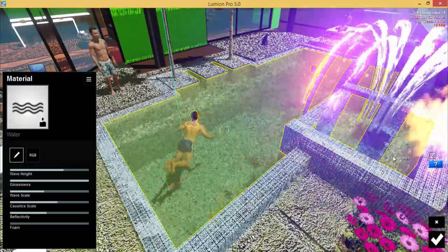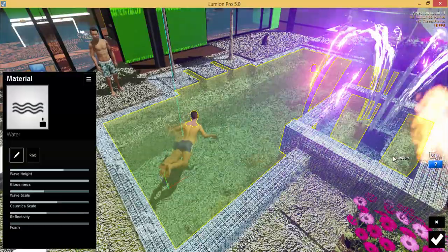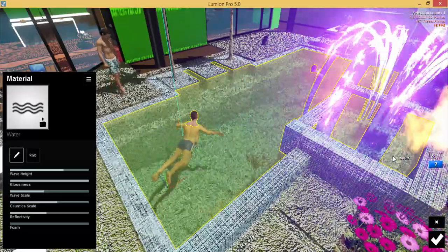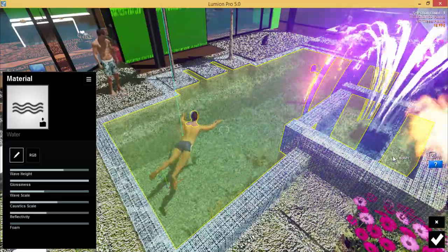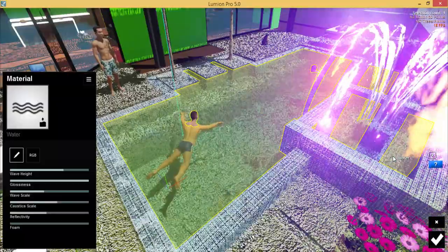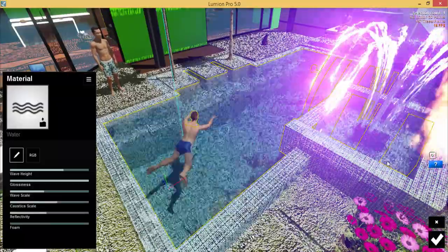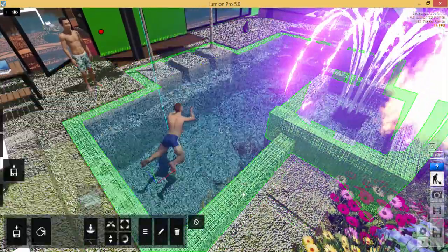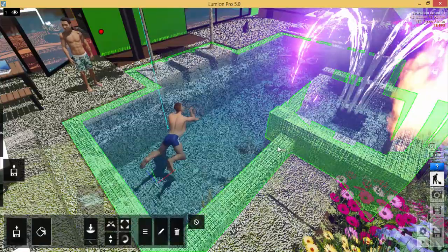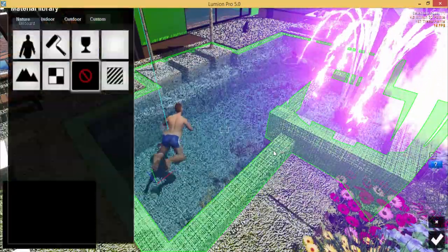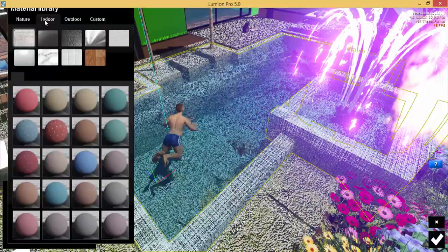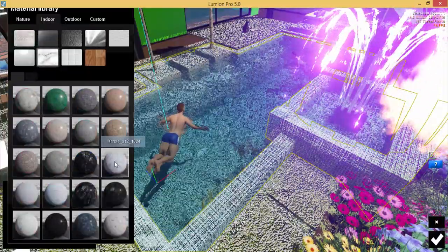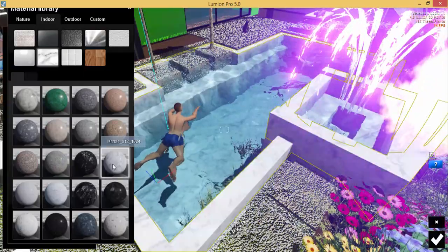But now, because we do not have a proper material assigned to the pool structure yet, the water now appears very fuzzy at this point. Really fuzzy now. So not very nice. Okay, so how do we deal with this? We deal with this by mapping the pool side, the pool container here. So I'm just going to click on this and look for, say, an indoor stone. I will see if we can see marble here.